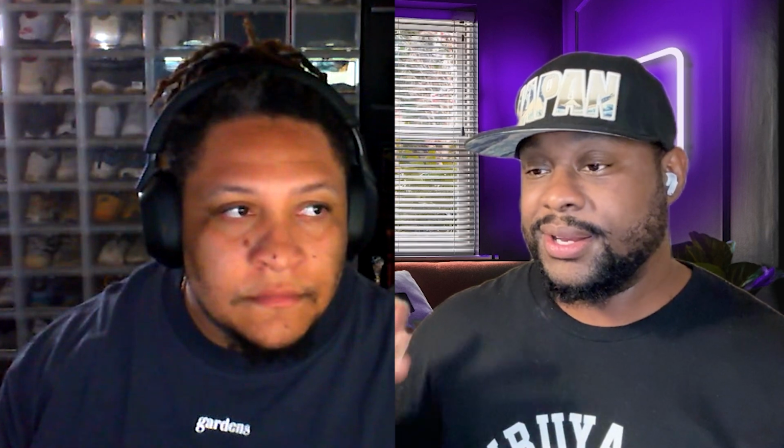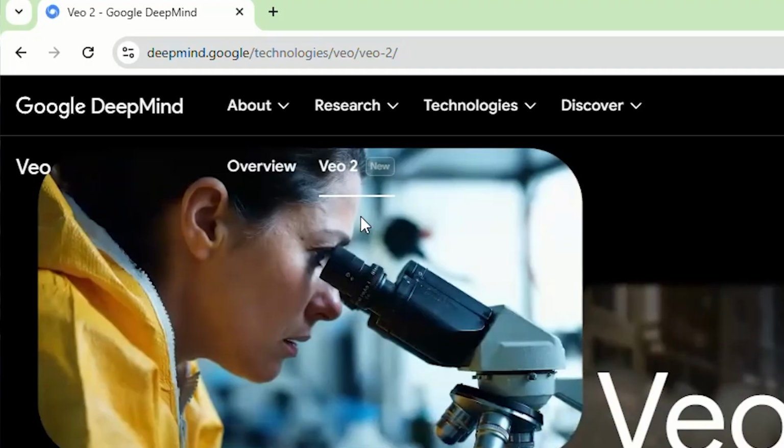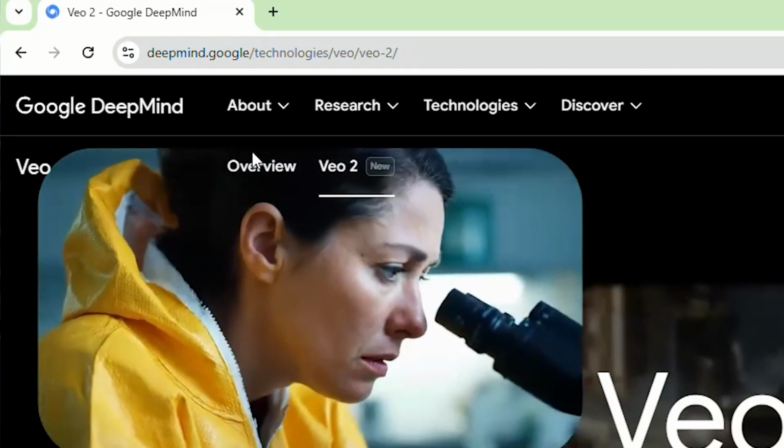The coherency, the looks, the aesthetic, everything kind of goes together. It's very hard to tell if something is not realistic when you're looking at it. The animation is great. They have a bunch of examples, so you can go on deepmind.google/technologies/Veo, and you're right with the pronunciation, I think it is Veo.